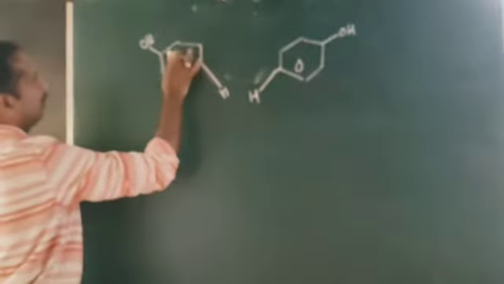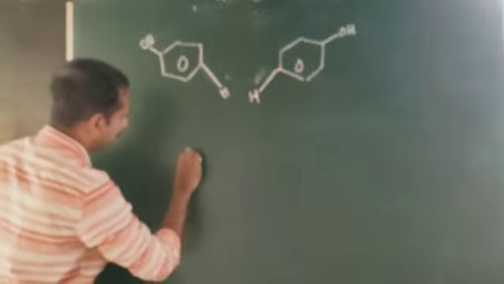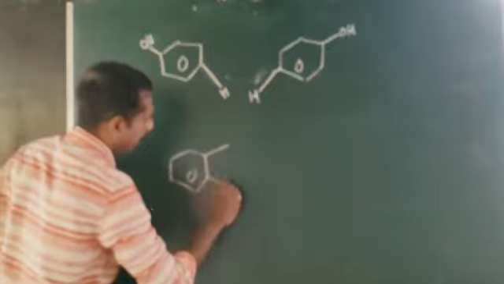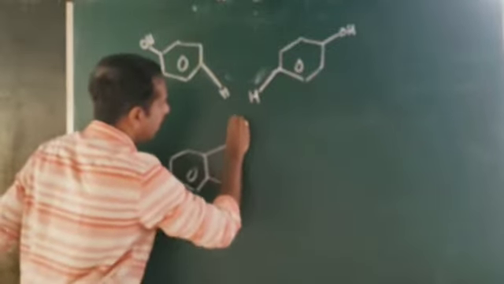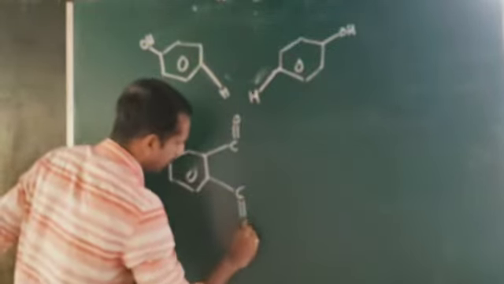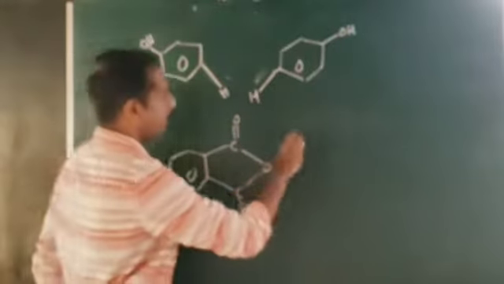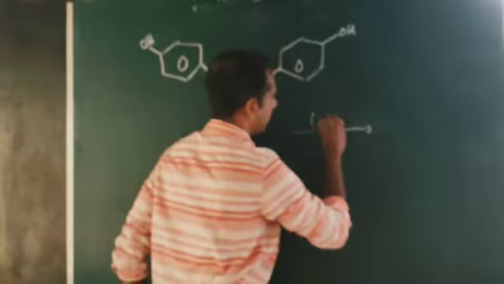Clear? This is the first molecule and the second molecule of phenol, and now you are writing the phthalic anhydride. How do you write phthalic anhydride? Look at it here, C. Here it is C double bond O, here also C double bond O, and here it is O. This is phthalic anhydride. Now in the presence of concentrated H2SO4,